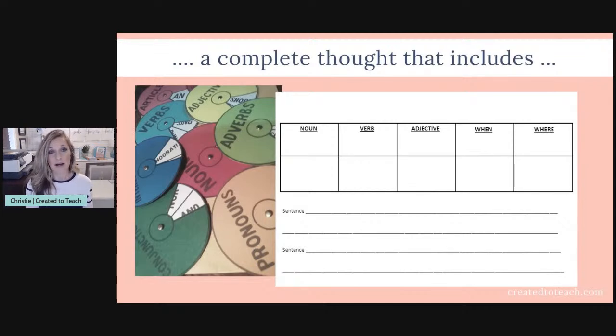But if we're talking about how to create a good sentence, regardless of their age, regardless of their grade level, this may be a nice visual for them that they can use to ensure that they are creating or planning for a complete sentence. So in a complete sentence, we always learn about how we need a noun, verb, and